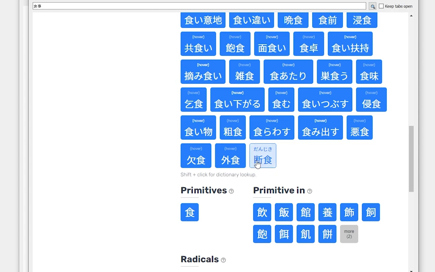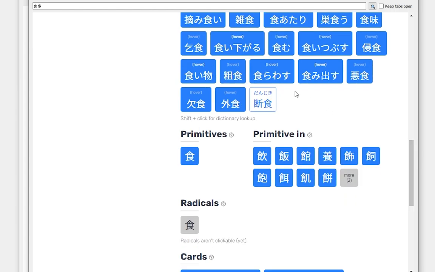It has just a blue outline, and this means I have a card for this, but I haven't learned the card yet. And the next category would be words in gray, and gray means I don't have a card for this, but it's just an example word, so you can see what the kanji is used in, what other words it is used in.